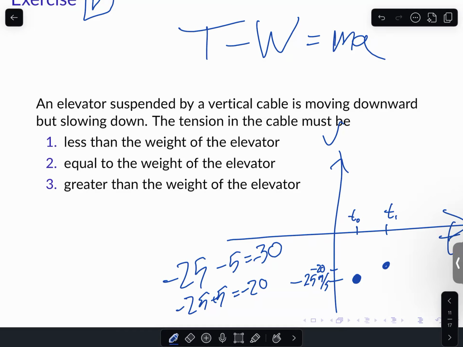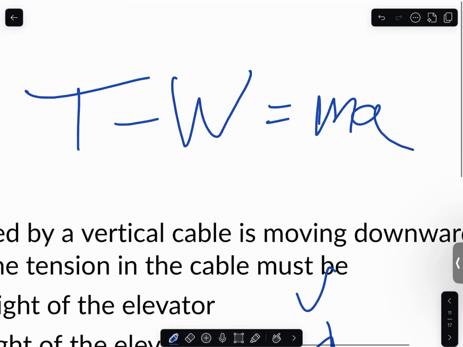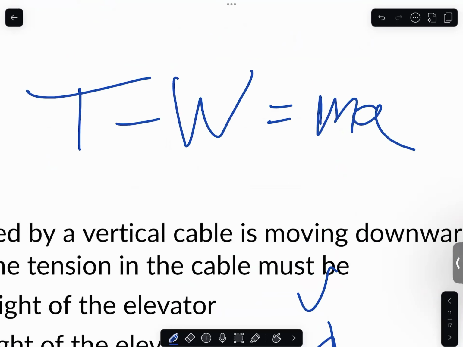So tell me, acceleration times mass is positive or negative? Nobody's ever observed negative kilograms. Correct answer is positive. So tension minus weight is a positive number. Which wins? Which is bigger, the plus or the minus, if it combines to make a plus? Correct answer is,